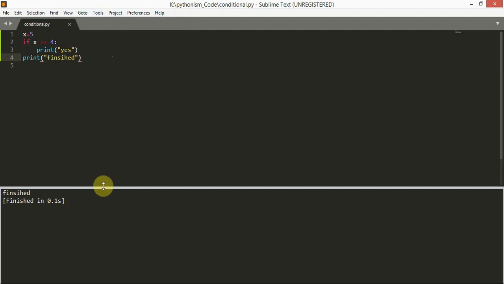See, finished came. Basically here in the if statement we checked one condition. If that condition is true, the intended statement will be executed. If it is not, it skips that statement and then executes the statement that follows the if. That's it. This is a simple if statement, that is a one-way decision. Here you can put anything you want.